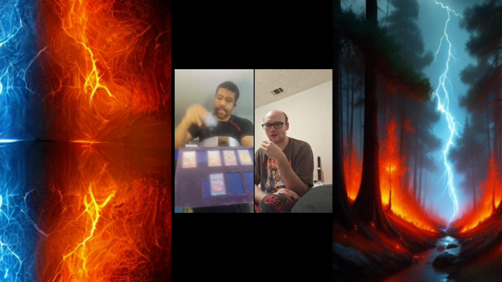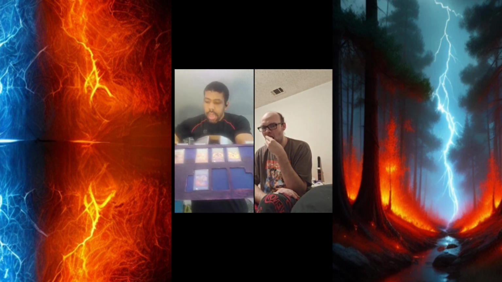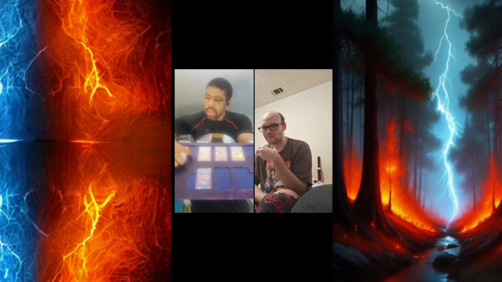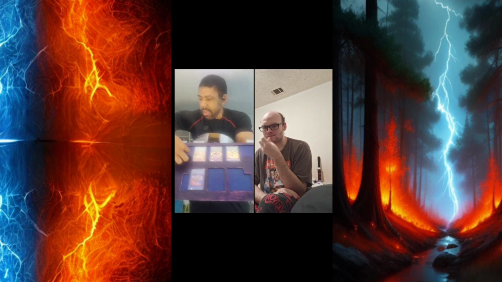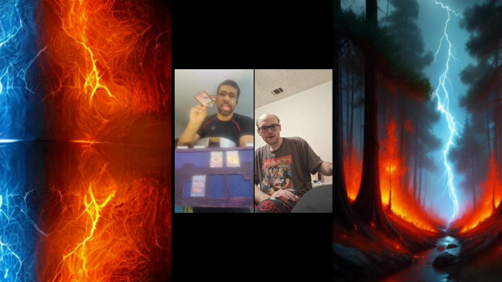I reveal my face down card, my ritual spell, Odd Eyes Advent. And I will use the Joker on my field and Supreme King Dragon Lightworm to ritual summon